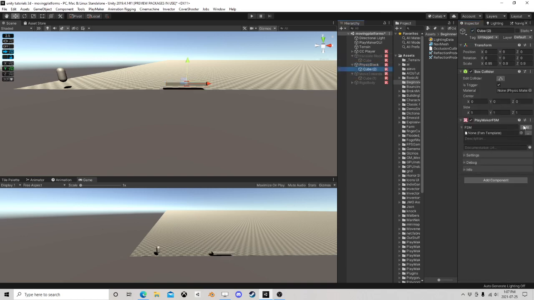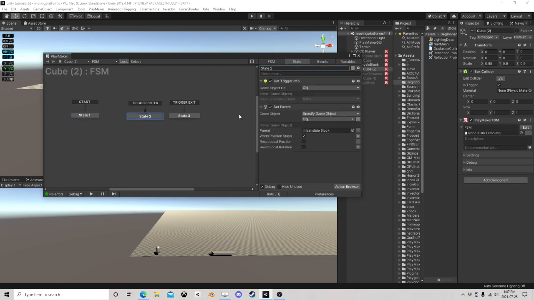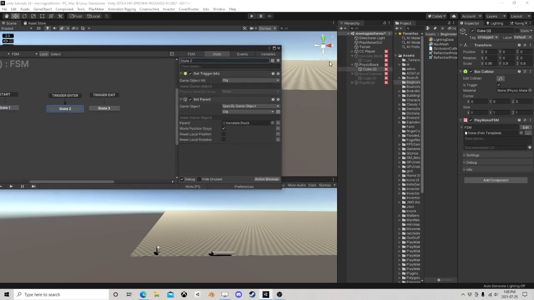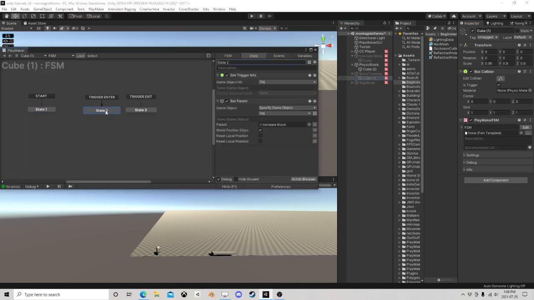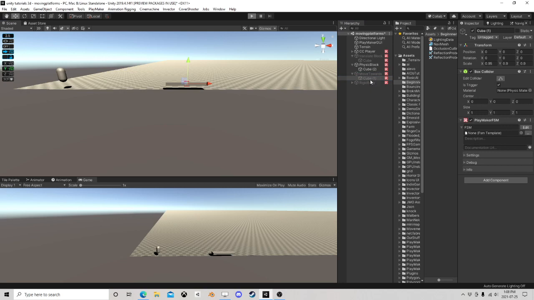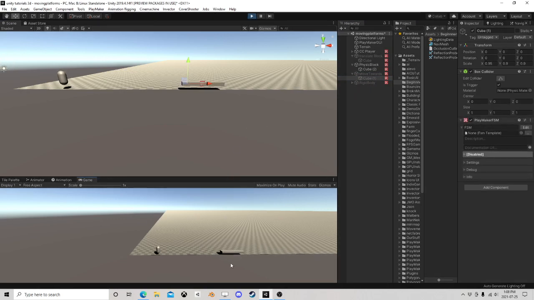And let's double check on this logic, right? Because we don't want it to parent to the translate block. We want to parent it to this block. And that one's going to none. Let's check on this guy. We want to parent to this block. Right, so now with the physics block and a character controller,